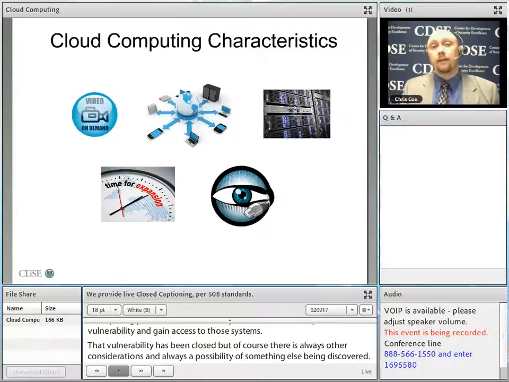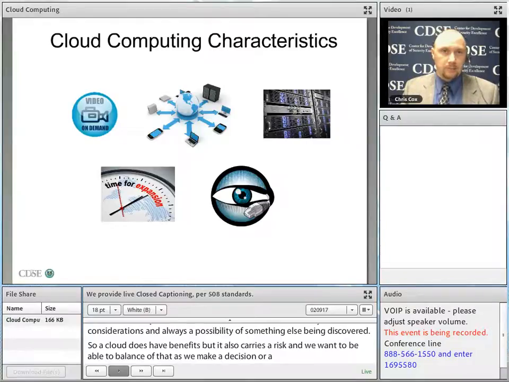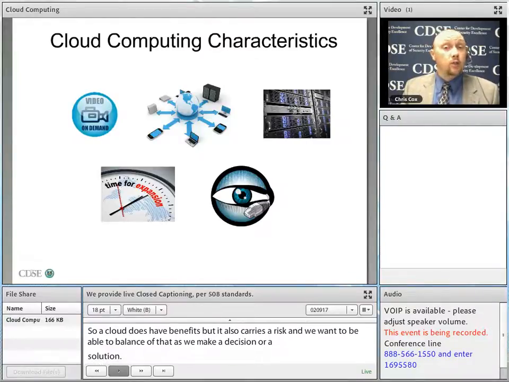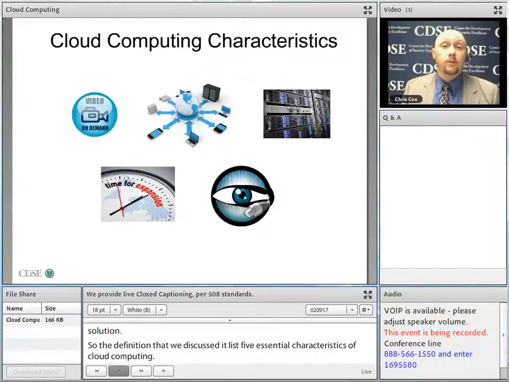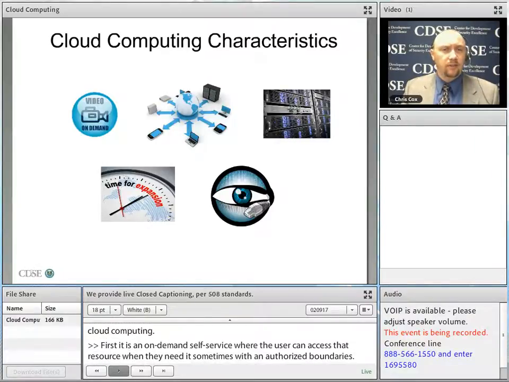So the NIST definition that we discussed lists 5 essential characteristics of cloud computing. First, it's on-demand self-service, where the user can access that resource when they need it, sometimes within authorized boundaries. It uses broad network access, both in terms of supporting broadband technology and also allowing access from a wide variety of devices. You might be able to access it from your phone or a laptop or a desktop computer